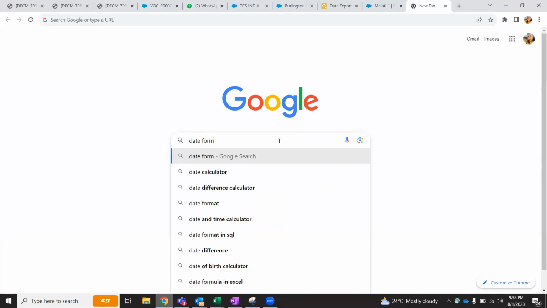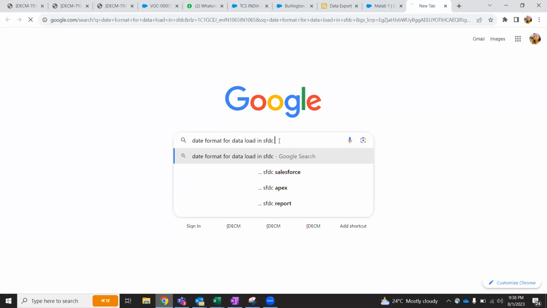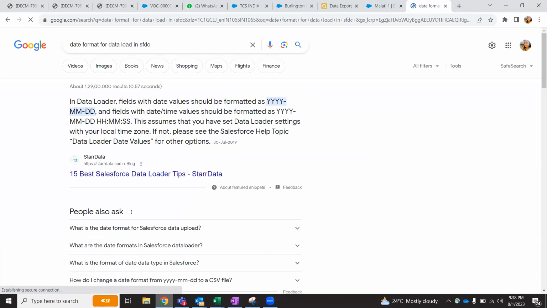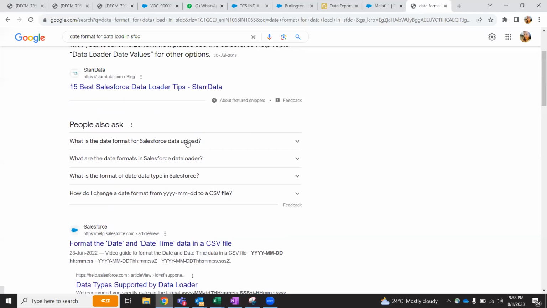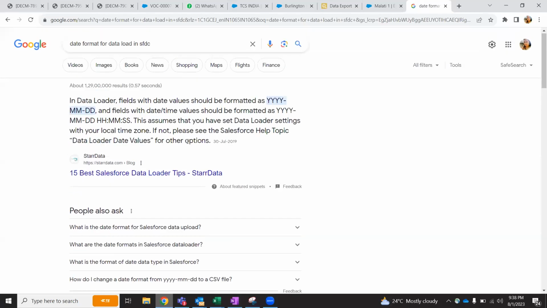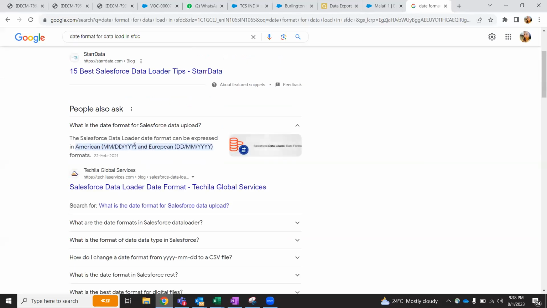Date format for data load in SFDC. See, this also is a skill. You need to know what to query, I mean, what to ask Google, right? Like how do you insert the data for the date field, right? So date format for data load will be like this. You see MMDDYYYY. So I will just simply copy this